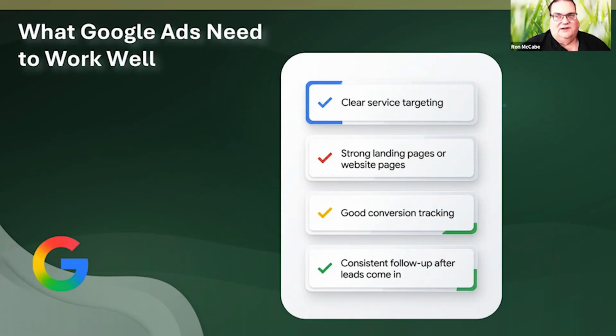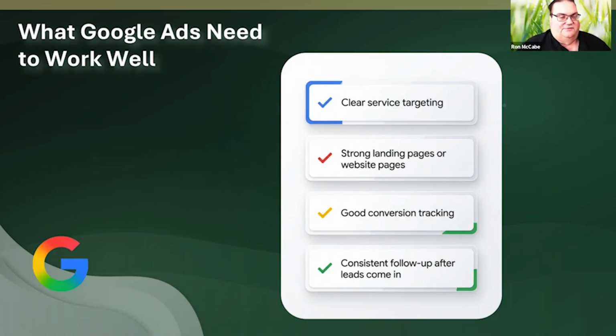So you want to set up Google Analytics and Search Console, combine that with your Google Ads campaign, and measure as much as you can of the entire customer journey,